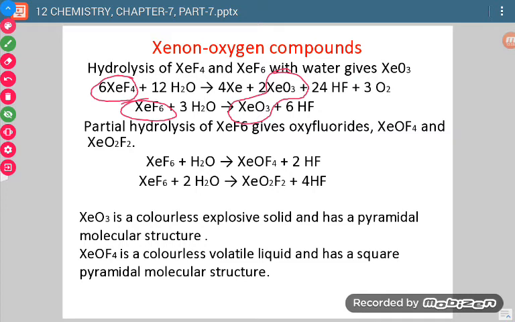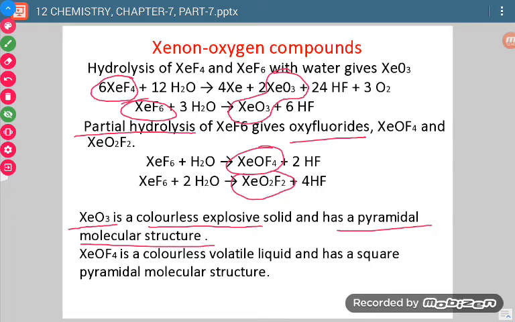Xenon trioxide is formed. Now if we do partial hydrolysis, meaning when the amount of water is less, then what happens? There is formation of oxyfluorides like XeOF4 or XeO2F2. So this type of compounds are also formed. Now what about XeO3? XeO3 is a colorless explosive solid and it has pyramidal molecular structure, whereas XeOF4 it is